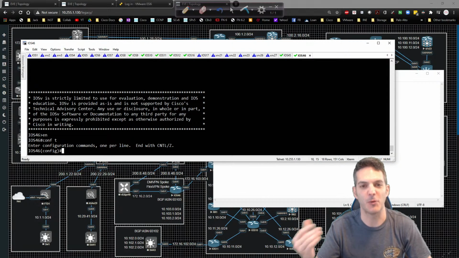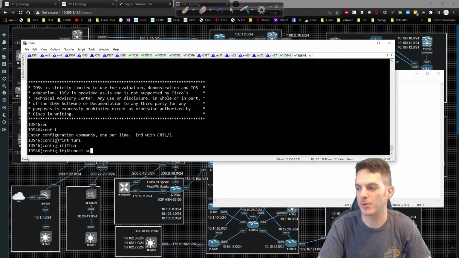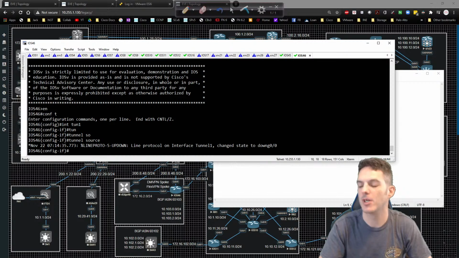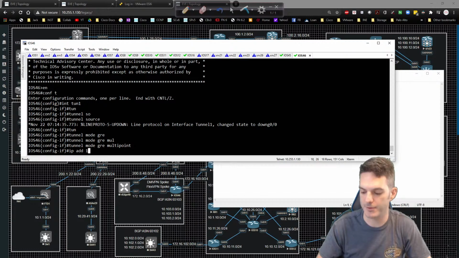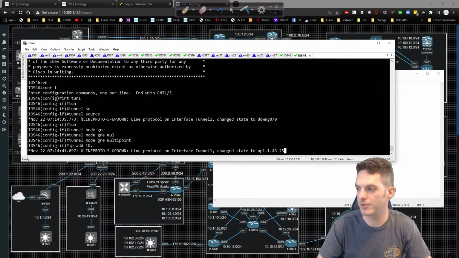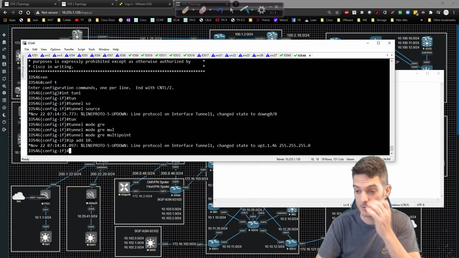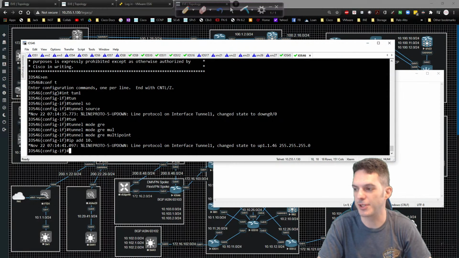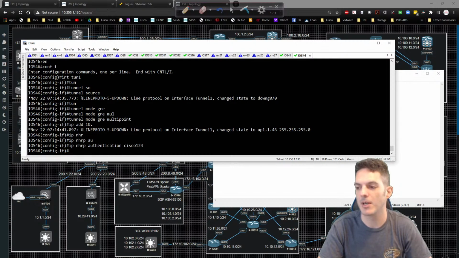Now in most cases I would not do this in production, just for demonstration purposes. So interface tunnel 1 will do a tunnel source of gig0/0, a tunnel mode of GRE multipoint, an IP address here of 10.1.1.46/24, and that will get the interface good to go now. And then I'm going to type in the IP NHRP authentication Cisco 123, because that's not changing, and then the